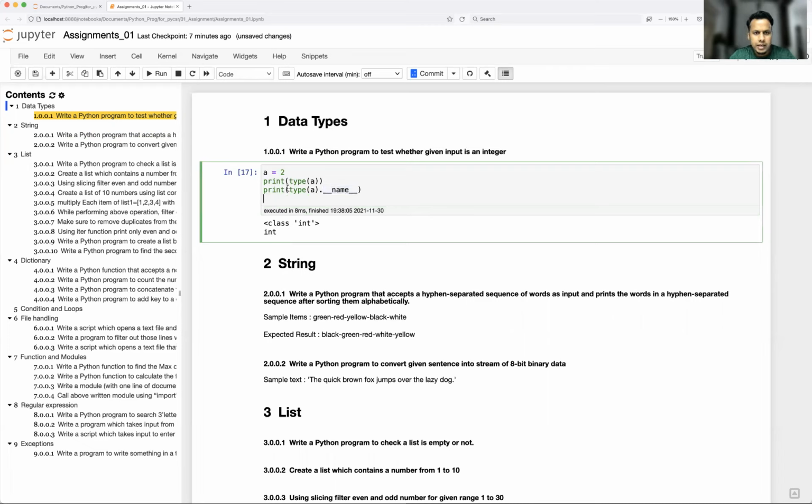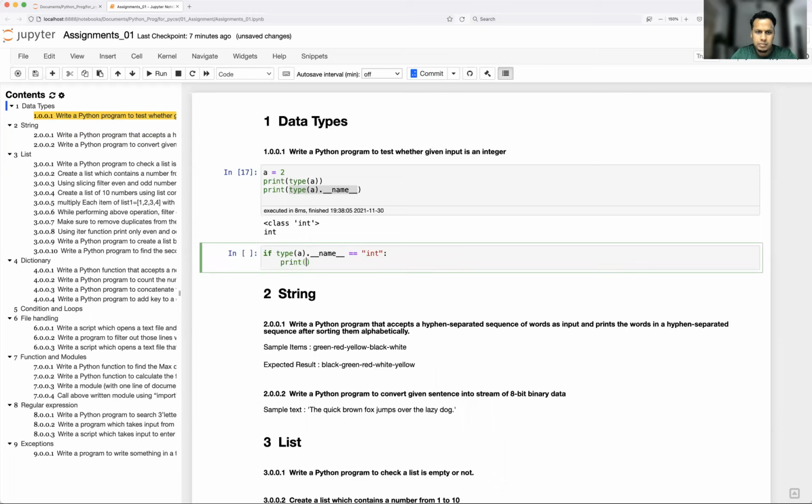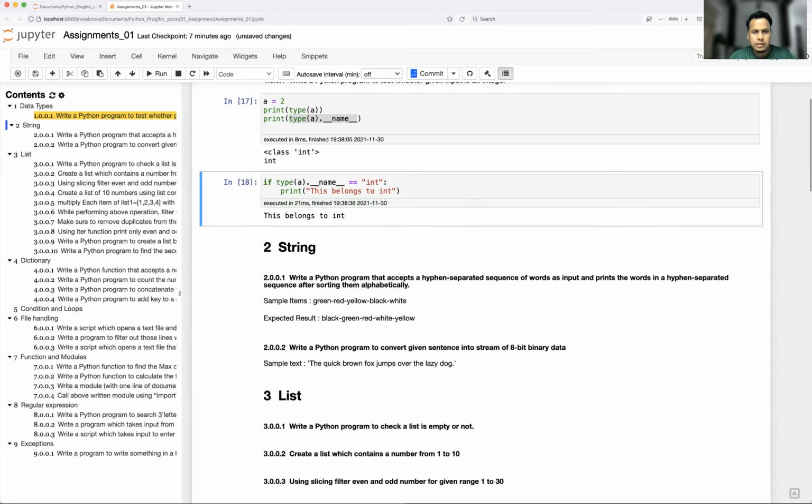This is exactly what you can use inside any if condition, in case you would like to run some part of the program when the given input is integer type. You can put a condition: if this equals integer type, then run this. I'm just going to run a print statement, for example, this belongs to integer. If it doesn't belong to integer, then you can put an else condition. That's how you handle this.